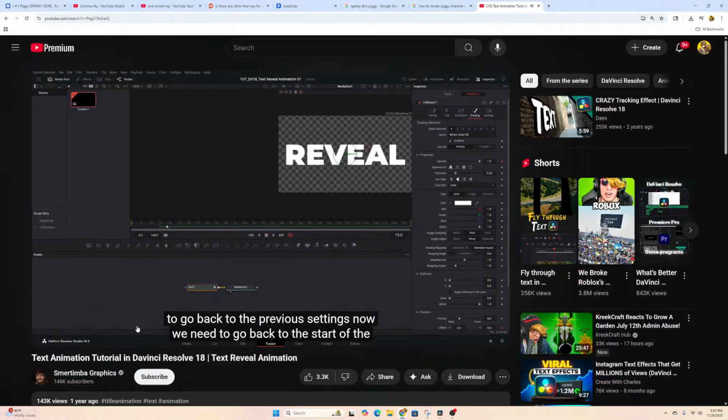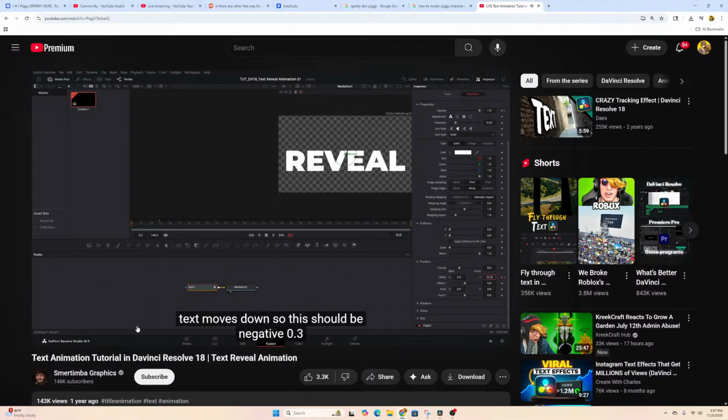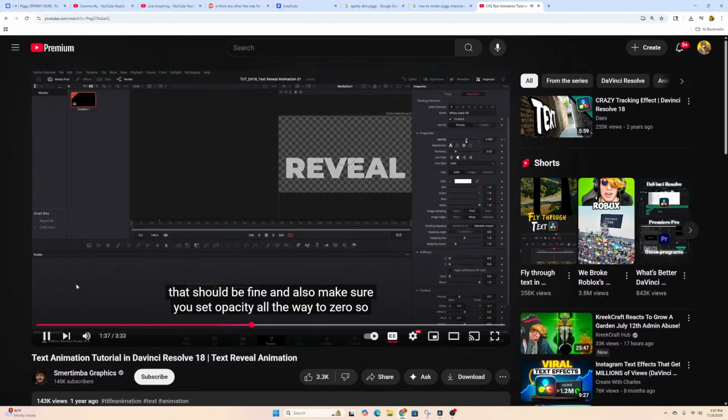Now we need to go back to the start of the timeline to frame 0, and here we need to set the starting values for the opacity and position. So let's do the position first. In my case I want the text to animate from the bottom and go up, so I'm going to decrease the Y offset so the text moves down, so this should be negative 0.3. That should be fine, and also make sure you set opacity all the way to 0 so we don't have any